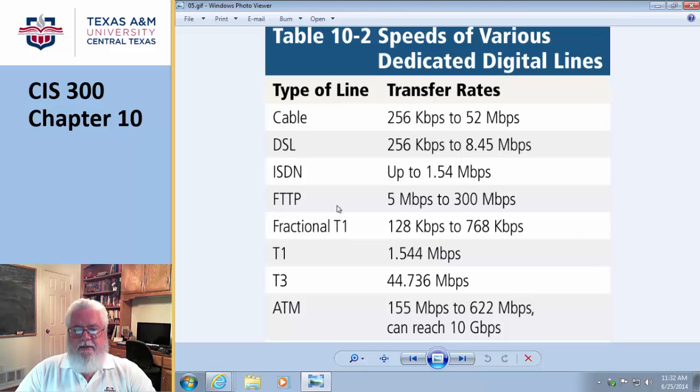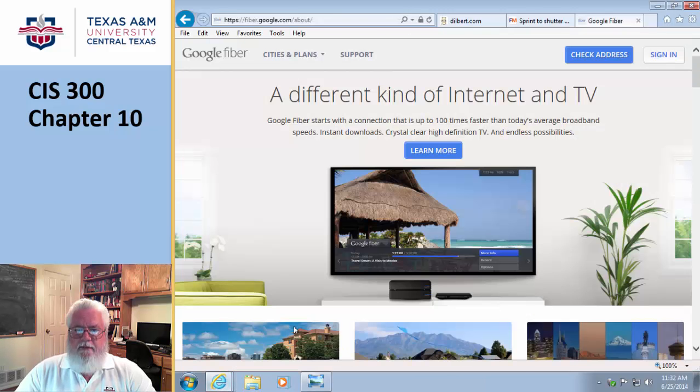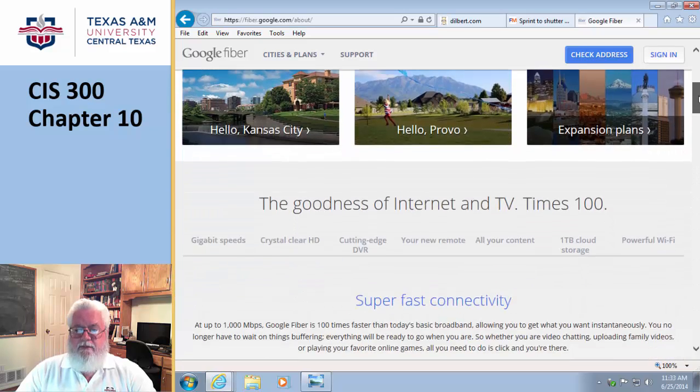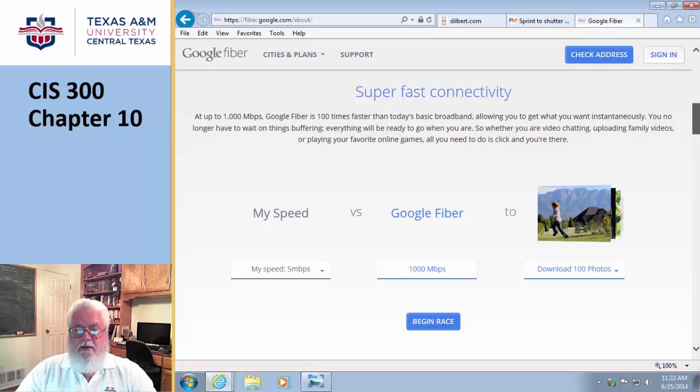This is the fiber to the house. You've probably heard of something called Google Fiber. So Google Fiber is a service that's only available in like a handful of towns. So if you happen to be in Kansas City or Austin or someplace like that, you get this really outrageous type of speeds. We're talking,